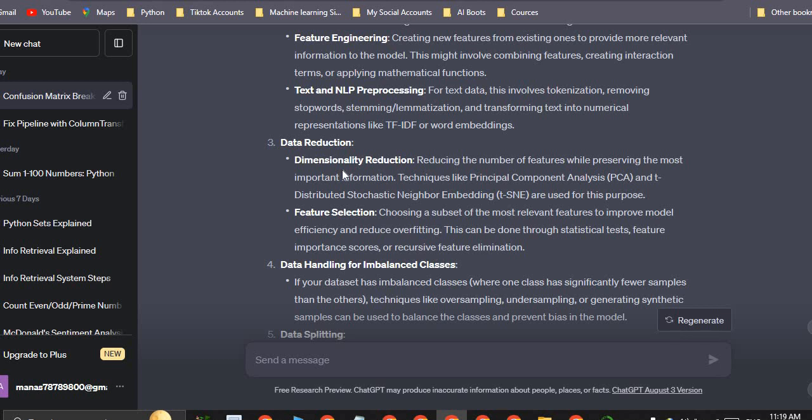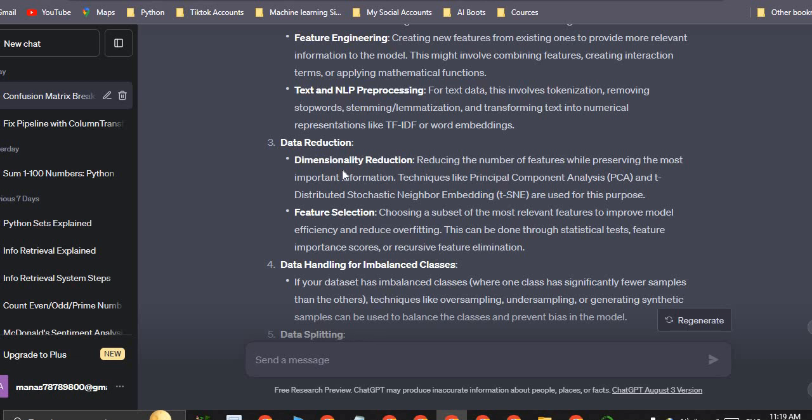Techniques like principal component analysis and t-distributed stochastic neighbor embedding are used for this purpose. Feature selection: choose a subset of the most relevant features to improve model efficiency and reduce overfitting. This can be done through statistical analysis, feature importance scores, or recursive feature elimination.